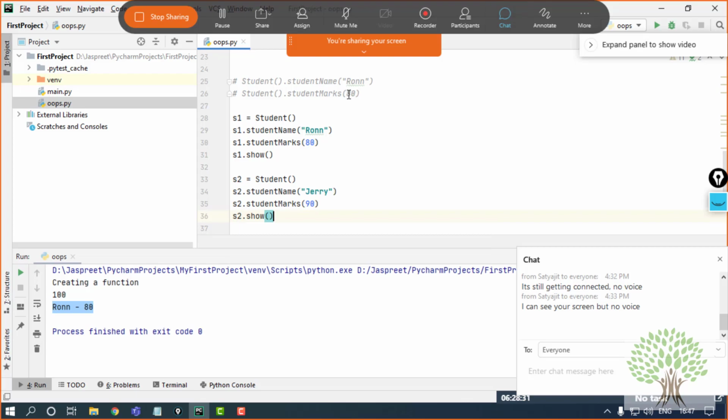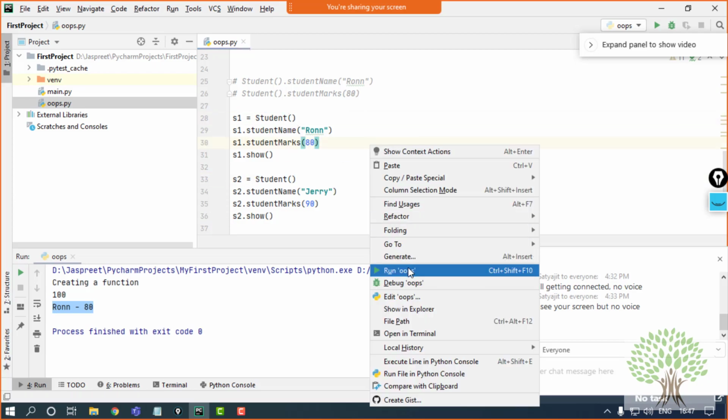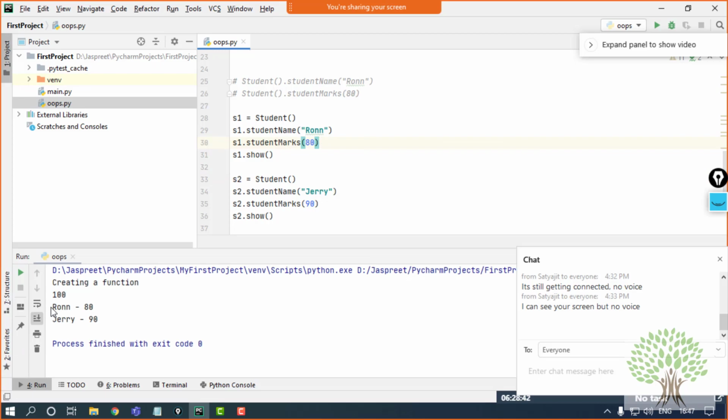So now this time two different sets of data will be returned. The first one will be the data stored in object 1 and the second in object 2. You can see in the output this way.